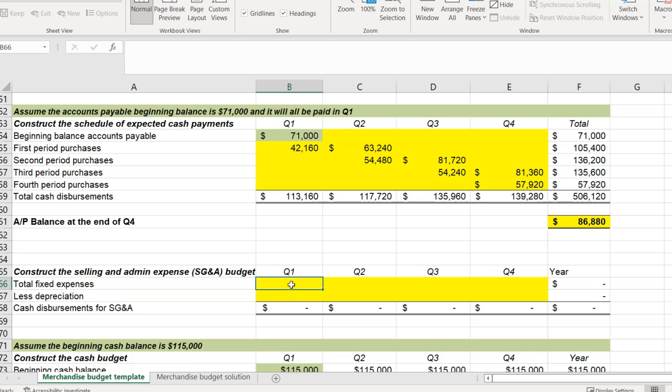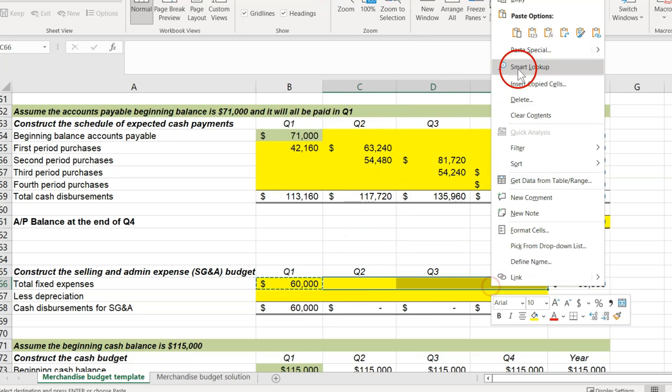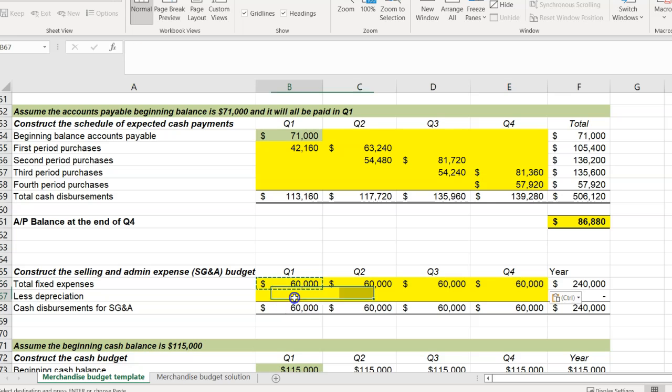So we're going to put our total fixed here all the way across. And then we need to remember that we're preparing this budget to also be able to include it on the cash budget. So we need to not only think about, okay, what's going to go on our income statement, which will be our fixed expenses in total, but also what's going to go on our cash statement. So that's why we're going to need to subtract depreciation out of this figure. So the $60,000 are our total fixed expenses, and we need to subtract depreciation out because depreciation is not a